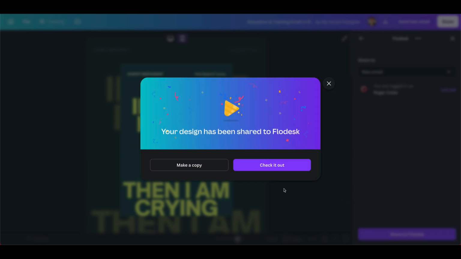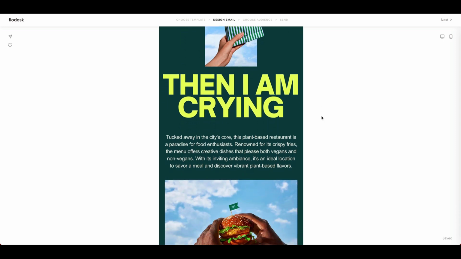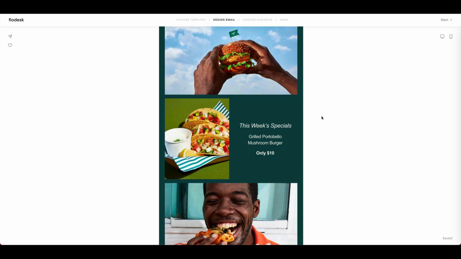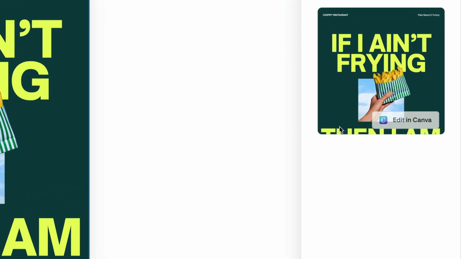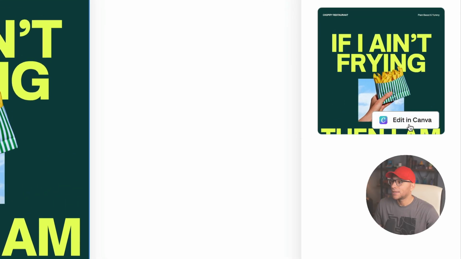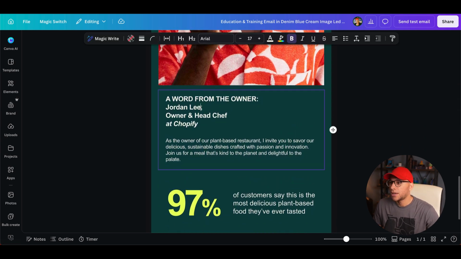We'll click check it out, and then it's gonna open up in the Flodesk editor, and this is what our email looks like right here within Flodesk. Flodesk brings it in as one block, but you will be able to continue to make edits on this by clicking on it. And then over on the right-hand side, you'll see that we have an option that says edit in Canva. When we click on that, we're taken right back into the editor,